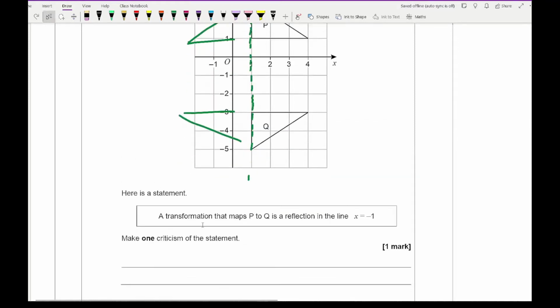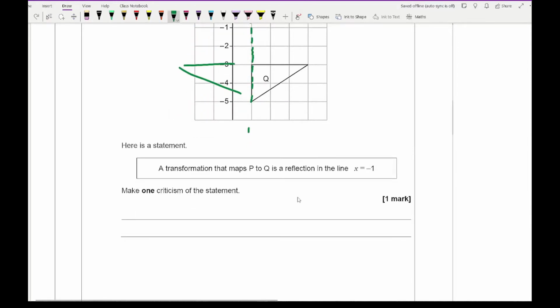So basically explaining why this statement here is incorrect. You can also say that the given line is a vertical line when clearly we can see the reflection is a horizontal line. You could also go about giving the actual correct reflection line. So you could say that the correct, well, let's start off by saying that the wrong